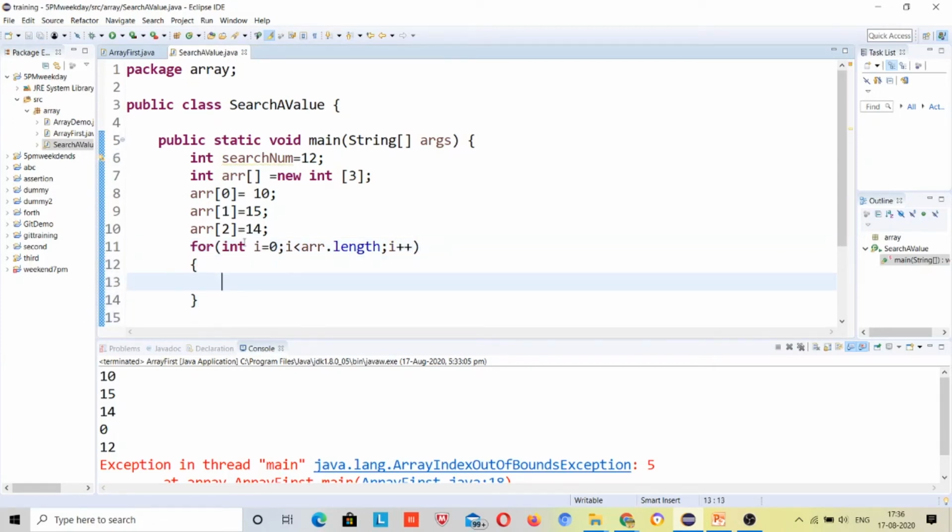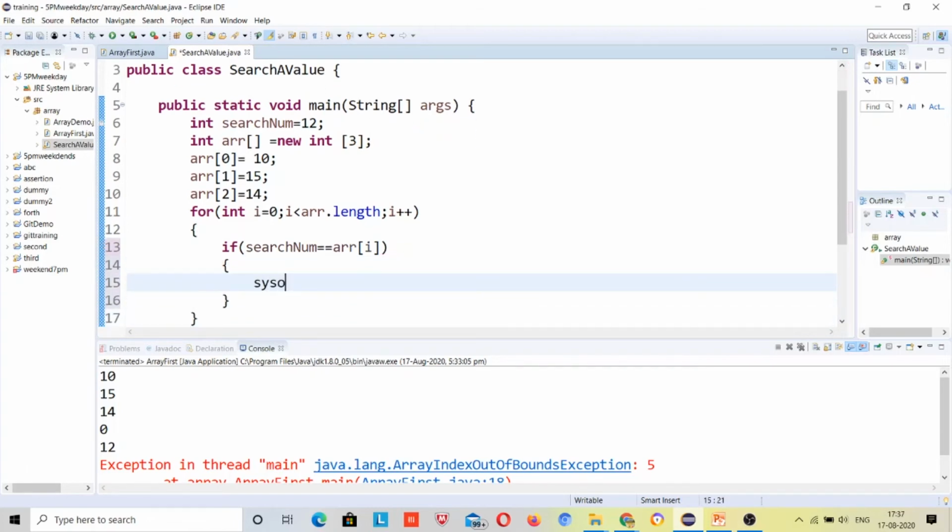And how will I compare? If searchNum is equal to arr[i], what does it mean? I will explain.